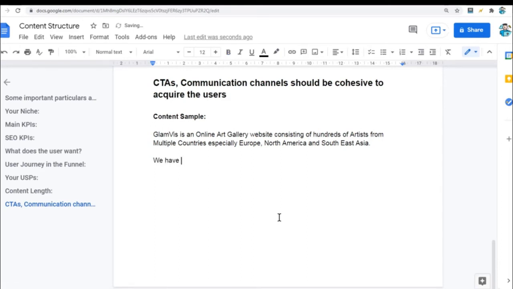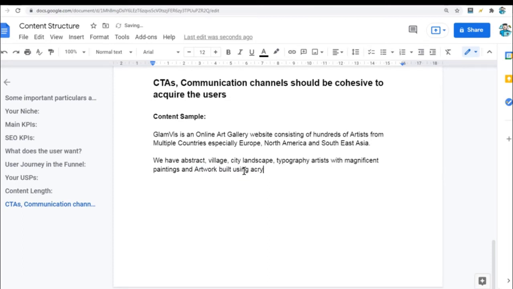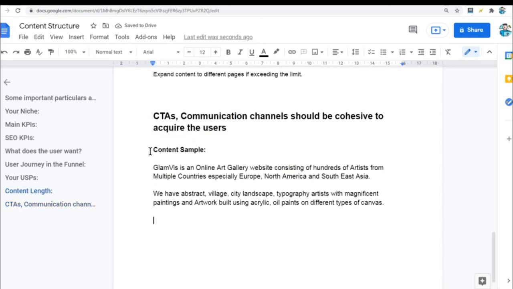Okay, have abstract, village, city landscape, typography, artist with magnificent, yes, magnificent paintings and artwork built using acrylic oil paints on different types of canvas. Okay, so one strategy is that you have the content